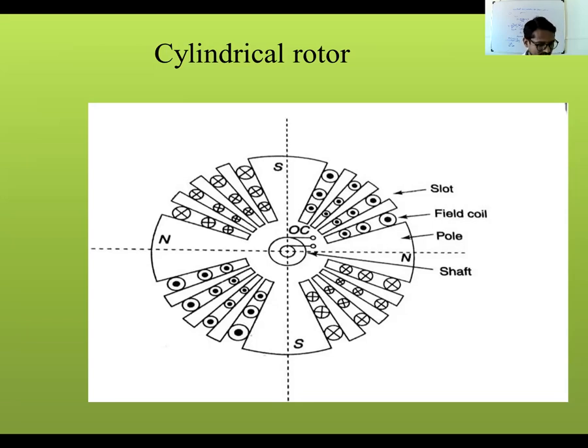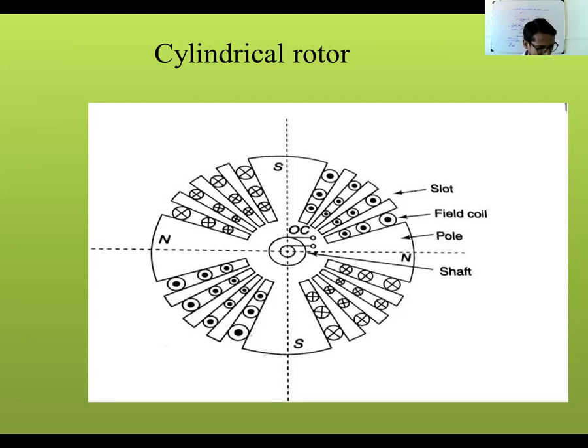Cylindrical rotors are made from high-grade nickel chrome molybdenum steels. They have a small diameter and long axial length. The cylindrical rotor gives greater mechanical strength and allows more accurate dynamic balancing. It is mostly used in high-speed machines like turbo generators. Turbo generator ratings start from 10 MVA to 1500 MVA. The biggest turbo generator used in India has a rating of 100 MVA, installed in thermal power stations.